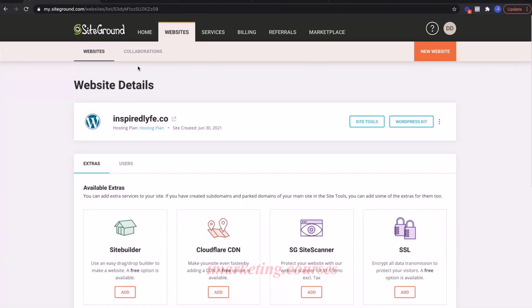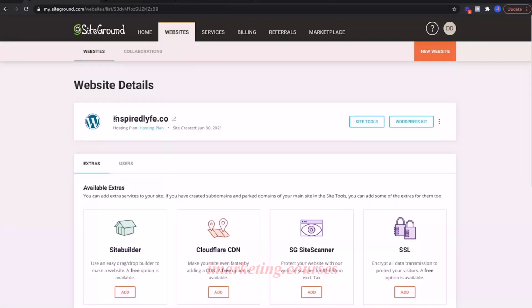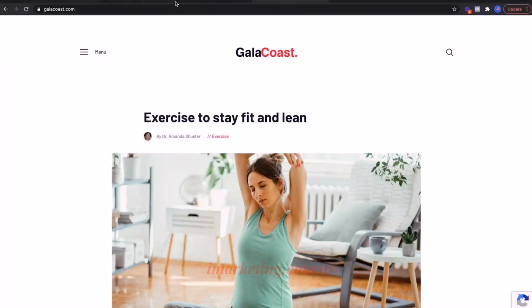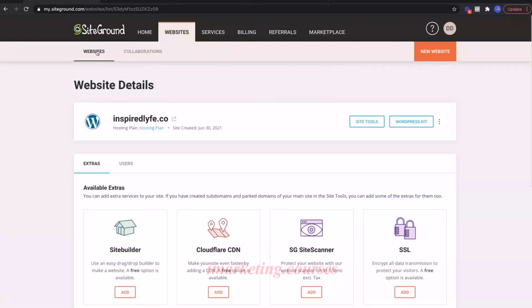So with that being said, I really want to dive into the theme I use for Gala Coast, and the same exact theme I'm going to use for Inspired Life. I also want to talk about free themes, specifically where to get them and where to find them. So inside of your WordPress, and remember how to get there, if you're in SiteGround,